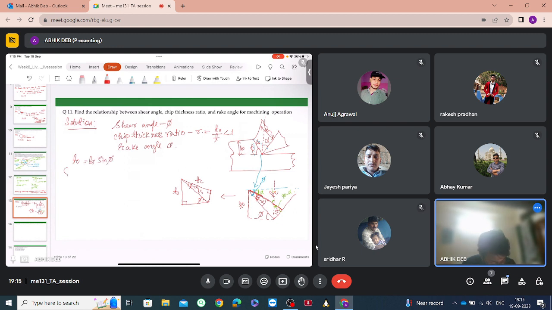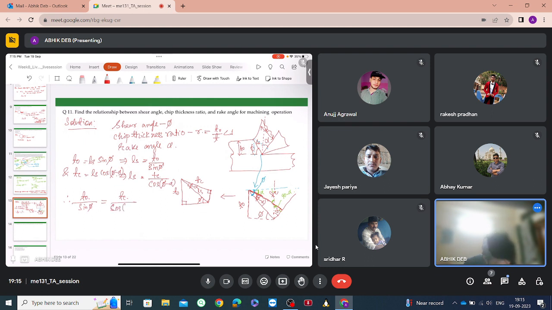Okay, and what is TC? TC is LS cos phi. From here we can write LS is T naught by sine phi, and from here we can write LS is TC by cos phi minus alpha. Therefore, since LS is same, T naught by sine phi is equal to TC by